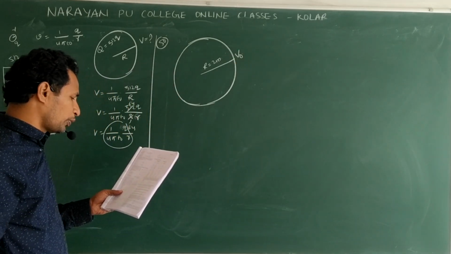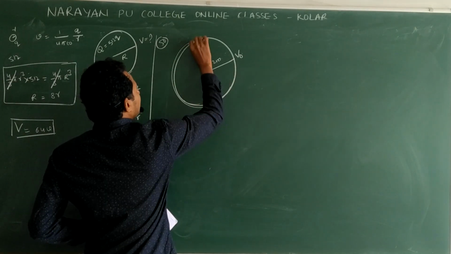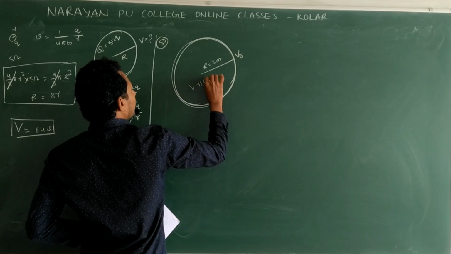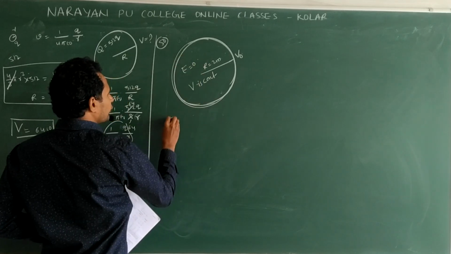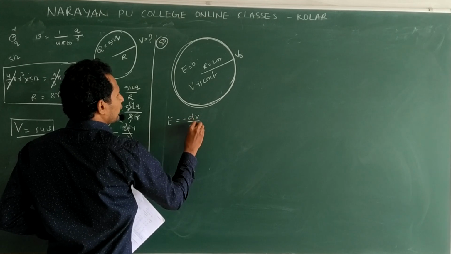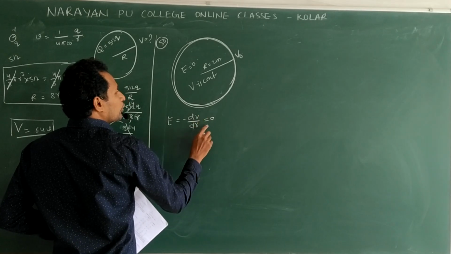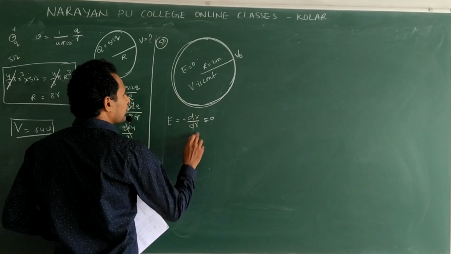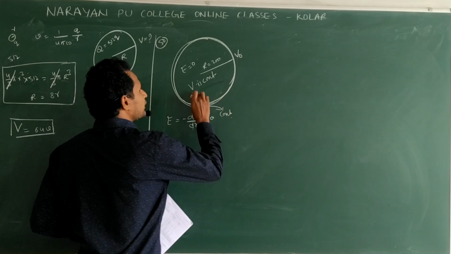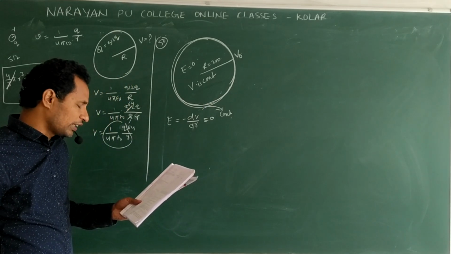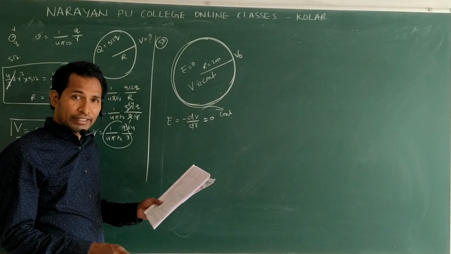What is the first option? Electric potential at radius R by 2 from the center is V by 2. Already we have studied that inside the sphere, potential is constant. Here electric field is 0, according to the relation E is equal to minus dV by dx, or dr. So electric field inside is 0. Then according to differentiation, differentiation of something is 0 means that something is constant. So inside the sphere potential is constant. But in the first option they mentioned V naught by 2. So they asked for the incorrect statement. So option 1 is wrong.